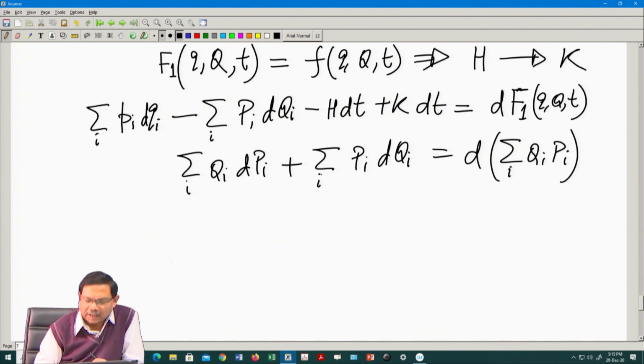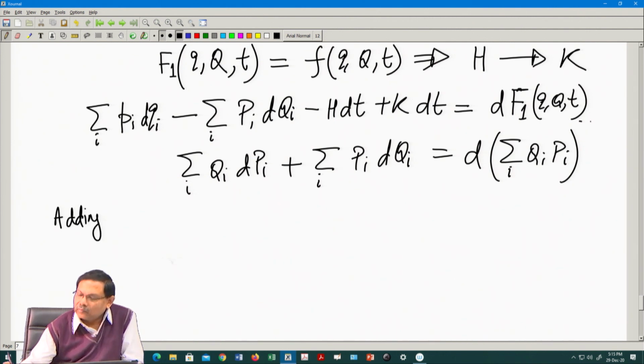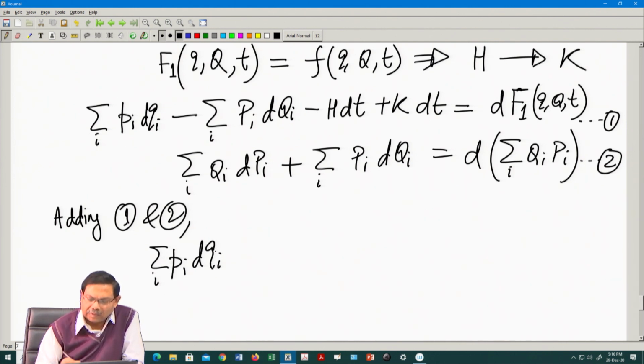If we add both of them, let us say this is 1 and this is 2, adding 1 and 2: if we add the two equations, you see these p_i dq_i terms cancel. So, what do we get? We get p_i dq_i, and this part, they cancel if I add both of them,